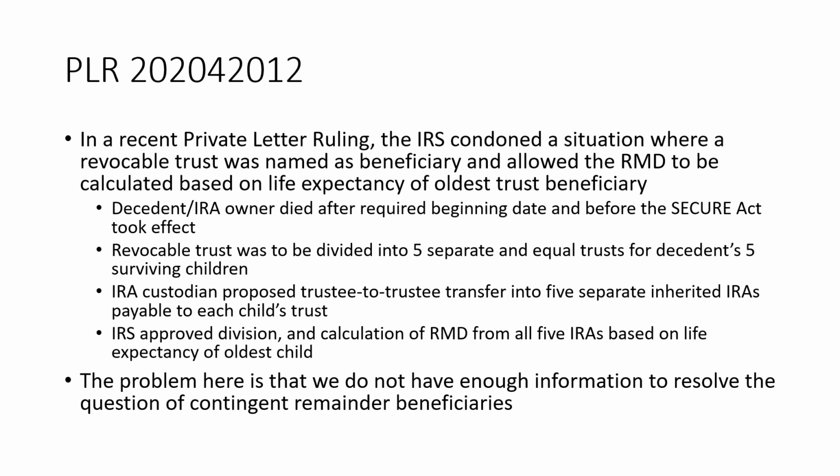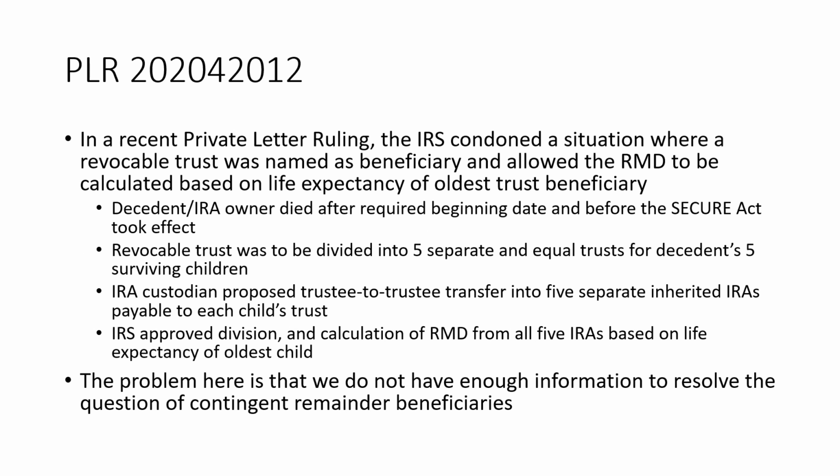So what the IRA custodian proposed was distributing, through a trustee to trustee transfer, the balance of the IRA into 5 separate inherited IRAs payable to each child's trust, because this revocable trust was to be divided into 5 separate trusts for the children. Now, this is kind of a weird outcome, because we don't know who